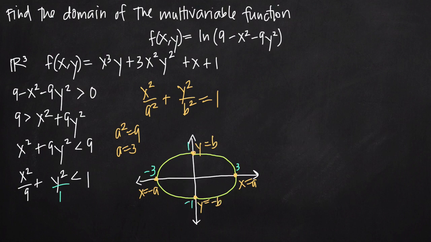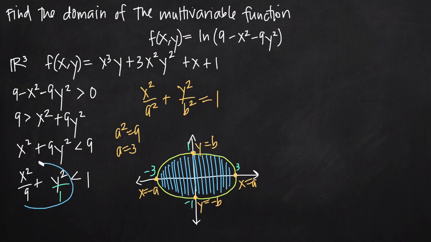So we know that our domain consists of all of the points inside this ellipse. Everywhere inside the boundaries of this ellipse, all of these coordinate points are defined in the domain of our function, because we said here that the value has to be less than 1. So it's everything on the inside, not including this boundary line. The boundary line that we drew in green that defines the ellipse is not included in our domain, because we're saying that this value here